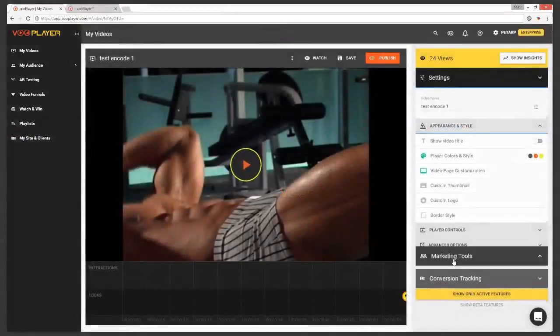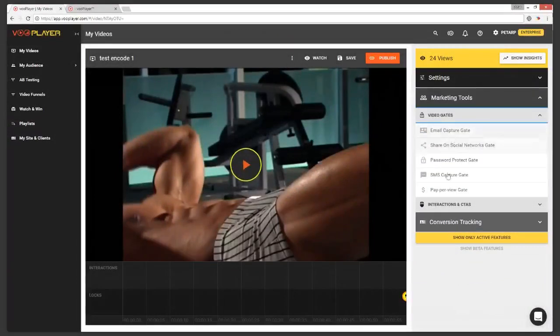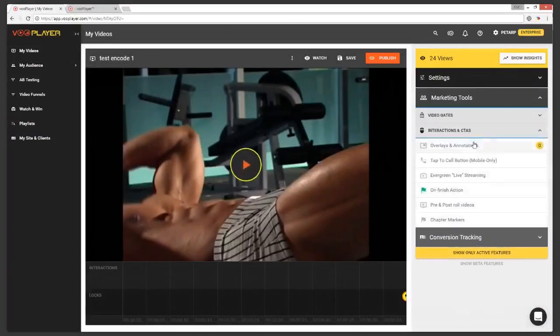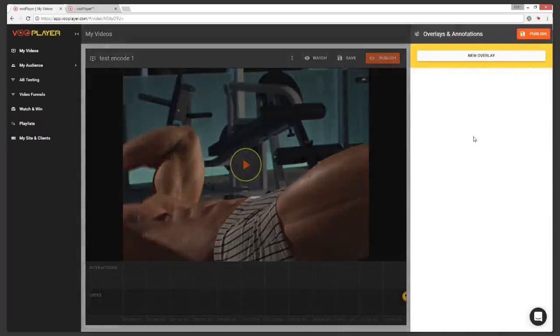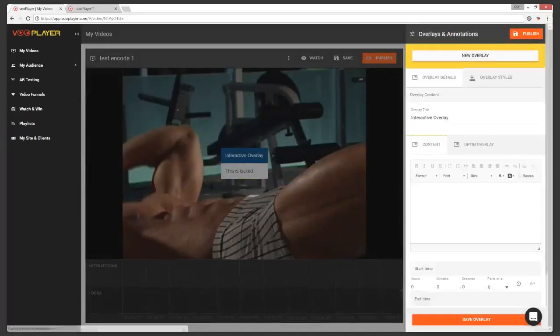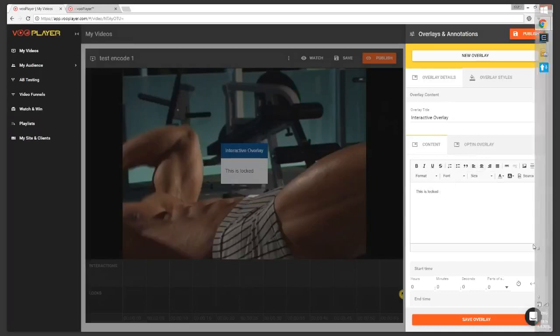And the second thing which we are actively developing is a major enhancement to the overlays and annotations. So I'm not demonstrating that currently. I just want to give you some reference point. We're revamping the entire interface and the entire functionality of overlays and annotations by bringing in pre-made templates. So a template for